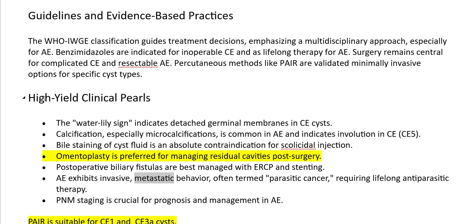AE exhibits invasive, metastatic behavior, often termed parasitic cancer, requiring lifelong antiparasitic therapy. PNM staging is crucial for prognosis and management in AE. PAIR is suitable for CE1 and